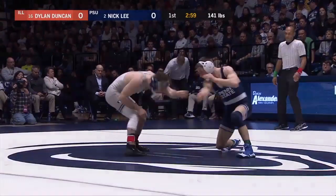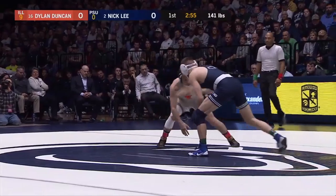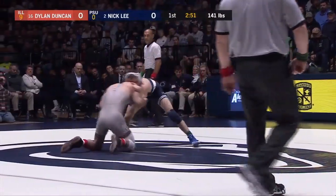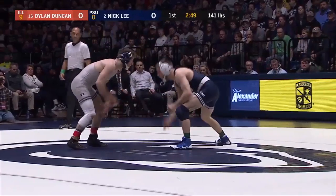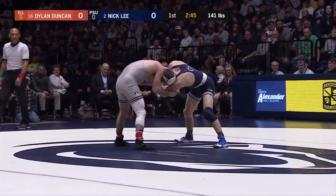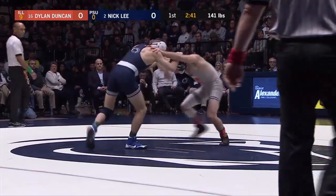Duncan, a two-time NCAA qualifier at 133, making the move up to 141 this year for the Illini. He finished 8th in the Big Ten tournament last season after taking 3rd as a redshirt freshman. Duncan took 4th at the Midlands tournament a couple of weeks back, and Duncan and Lee are underway, circling to